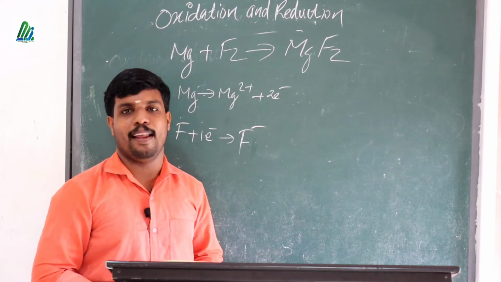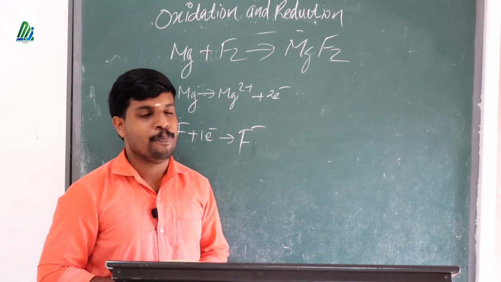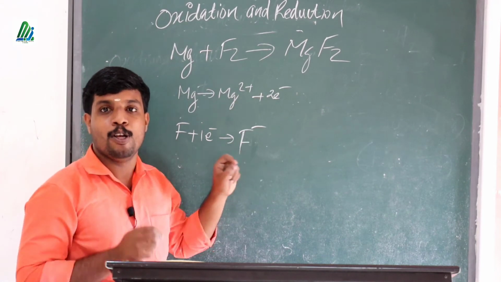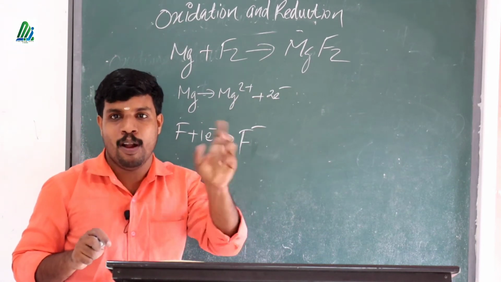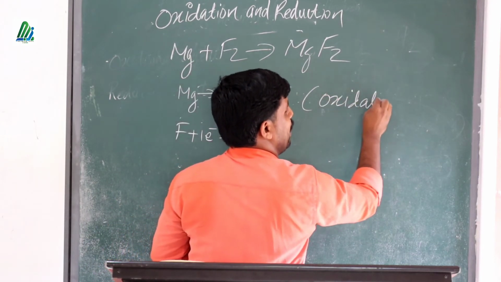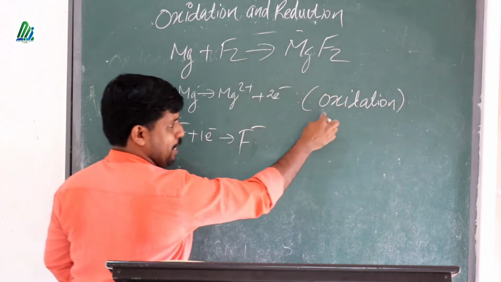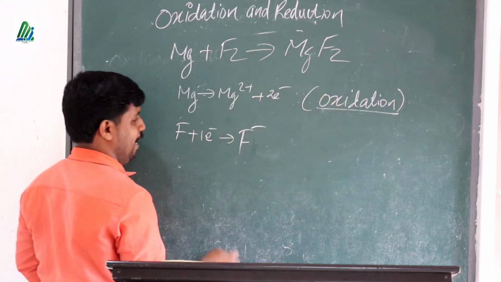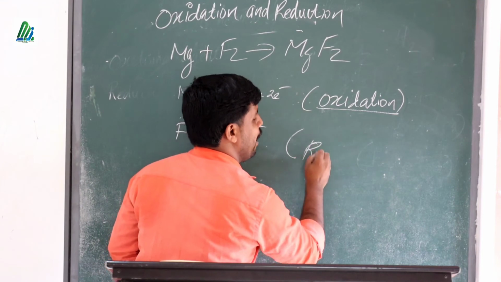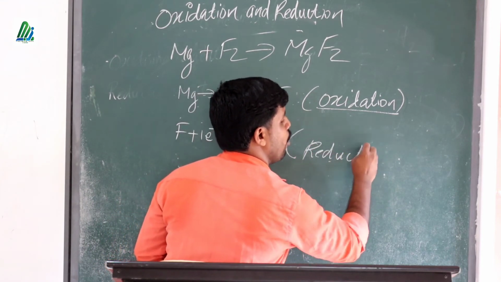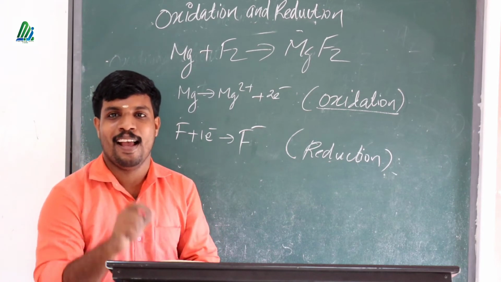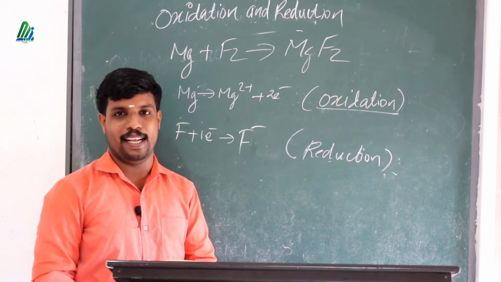So this is a chemical equation regarding that. How can you identify? Magnesium donates the electron, Fe accepts the electron. So which atom donated the electron? Magnesium. So this is the equation representing oxidation. Important equation of oxidation. Then Fe accepted the electron, gained the electron. So this is the equation of what? Equation of reduction. Then they will ask which is the reducing agent and which is the oxidizing agent.